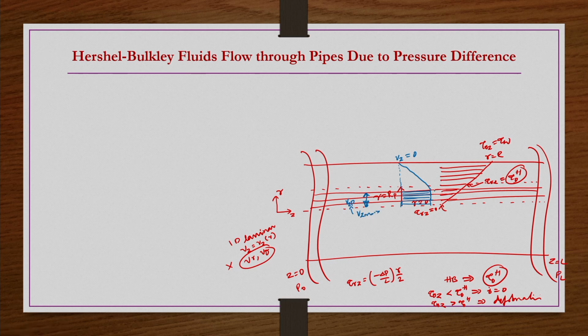And then after R is equal to Rp, it will not necessarily be the profile as shown here. It depends on the value of n because of the Herschel-Bulkley nature. So, accordingly we will have the profile. That is what we are going to derive now.